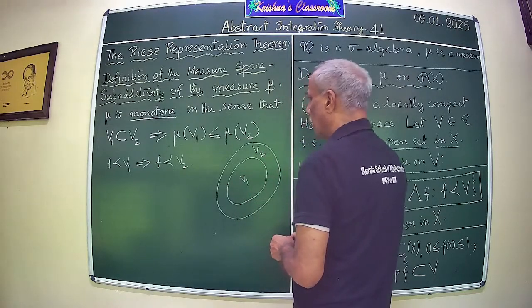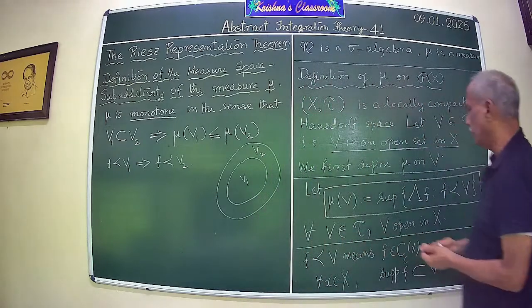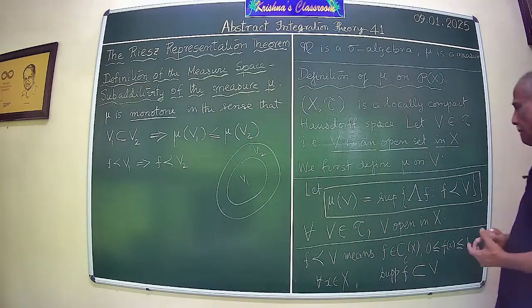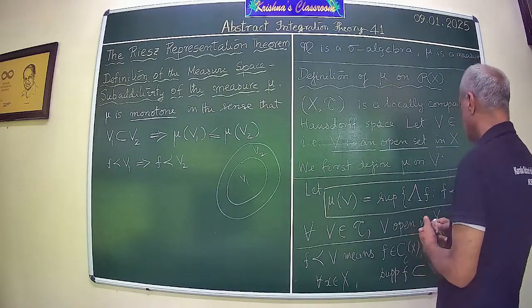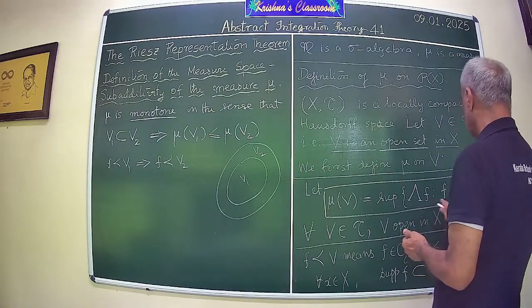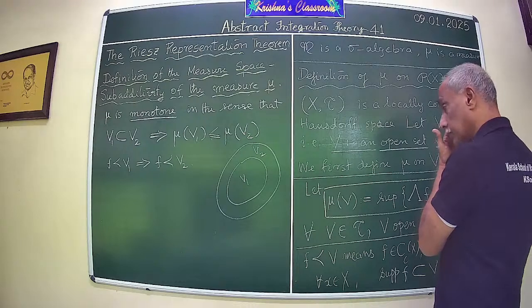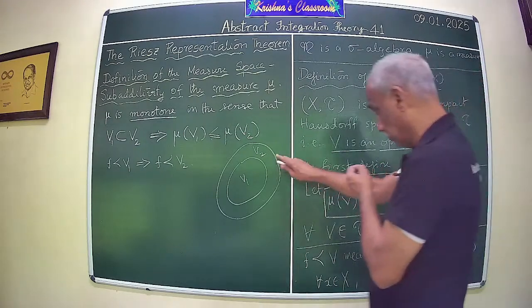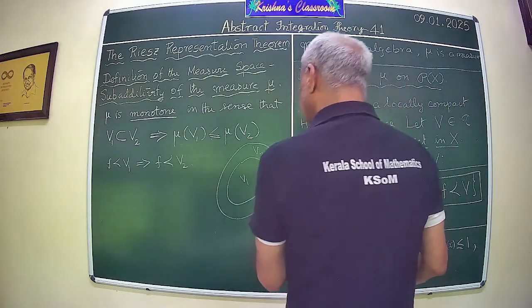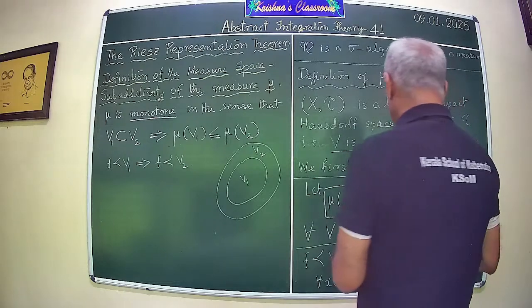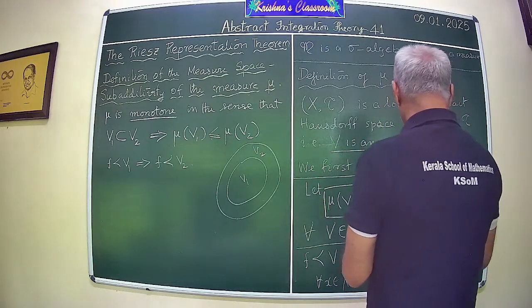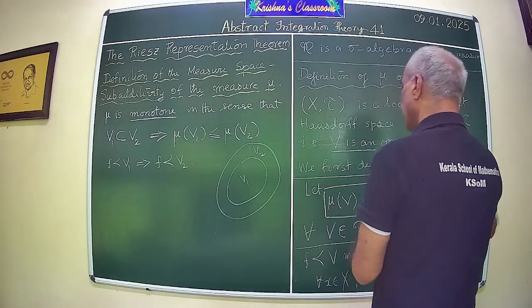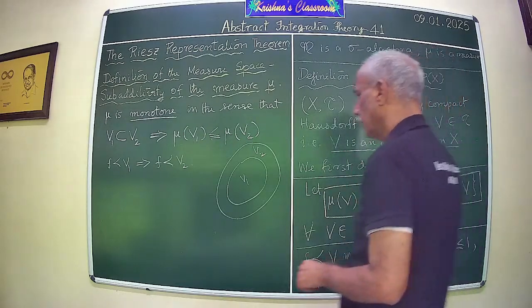Okay. Therefore, from the definition, it is clear that the supremum of lambda f for all f belonging to V2 is certainly less than the supremum of lambda f for f subordinate to V. Okay. Now,